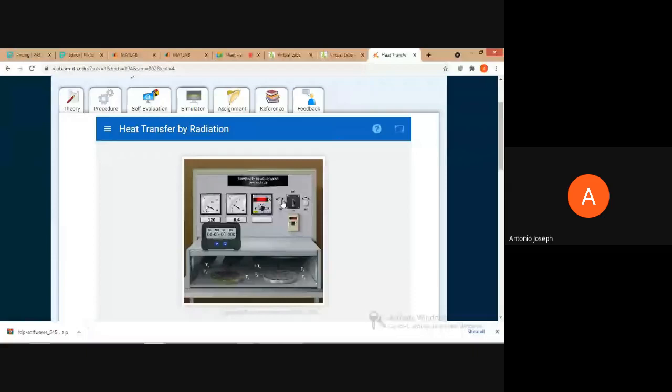Later on, we can just switch on, so that it will be heated and the heat transfer will take place through radiation. After some time, the temperature will become uniform. We can see a stopwatch over here, which will display the time being taken.